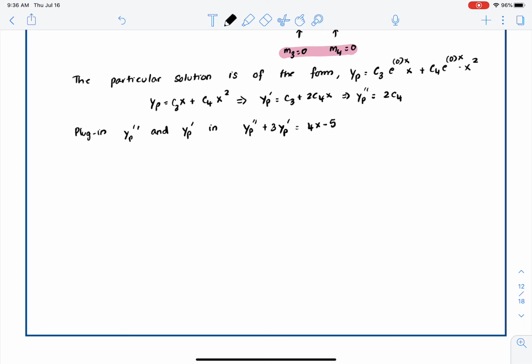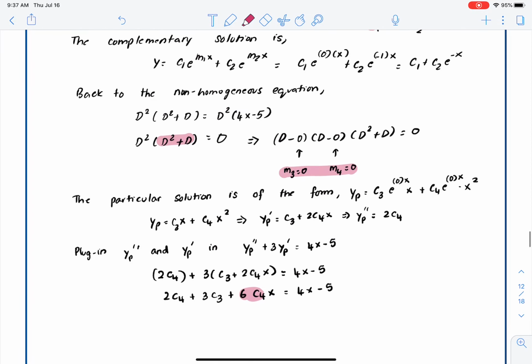So we have 2c4 plus c3 plus 2c4x. That would be equal to 4x minus 5. So we have 2c4 plus c3 plus 2c4x equals 4x minus 5. Now we could use superposition approach to evaluate c4 and c3. 2c4 equals 4,